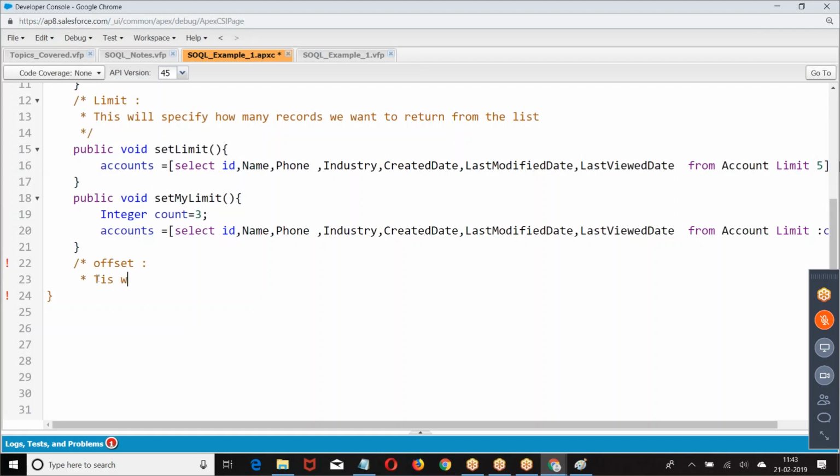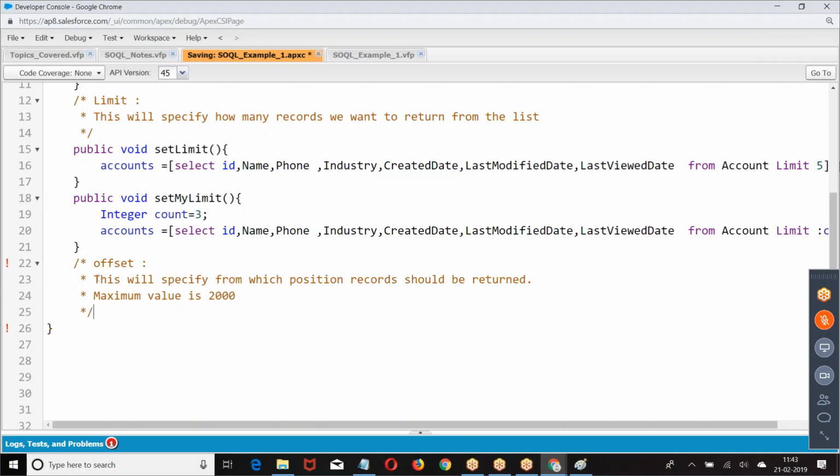Offset. This will specify from which position the record should be returned.